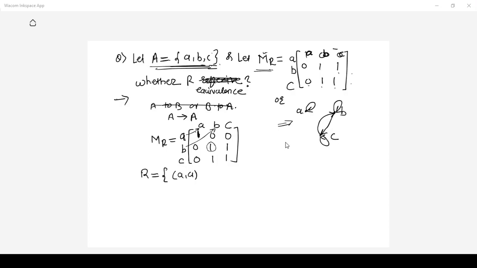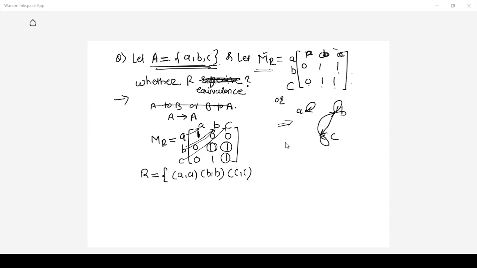I should read this as row to column, row to column, right? This way, row to column. Okay, so here is the one, means B comma B is there. Now again, here you can see the one here, right? What is this pair? C to C. I'm reading this way: C to C, row to column, C to C. Now anywhere one here, see, I'm circling, right?